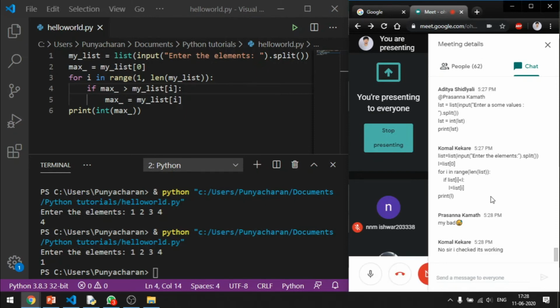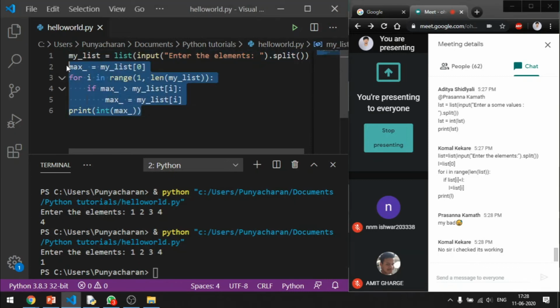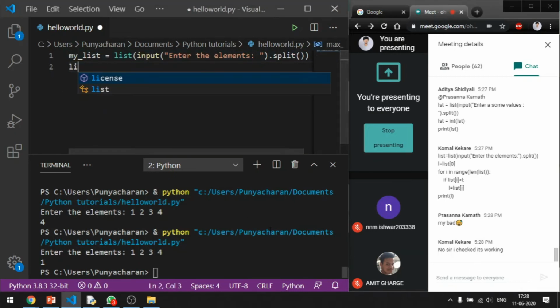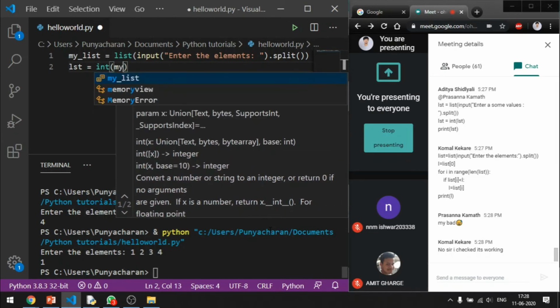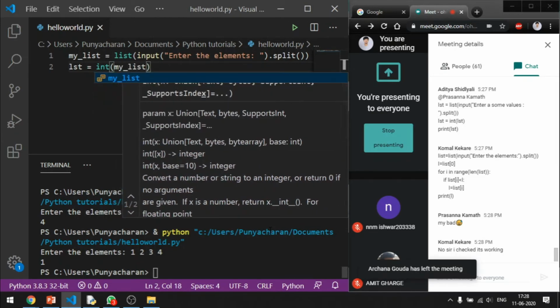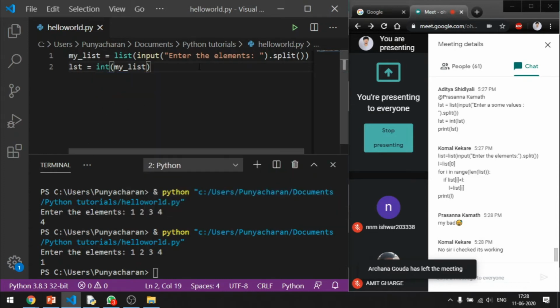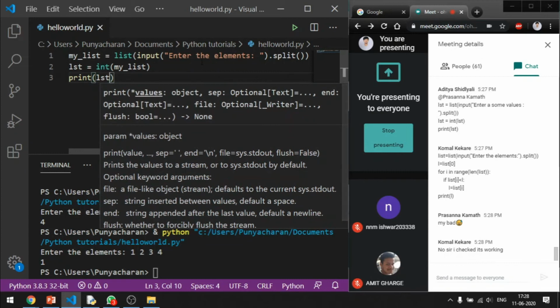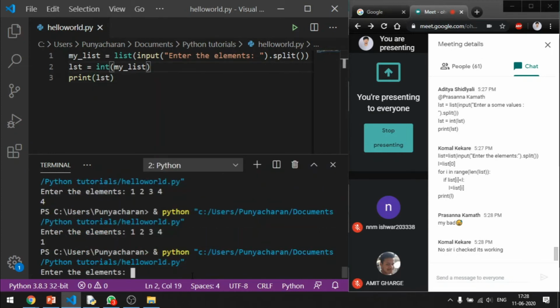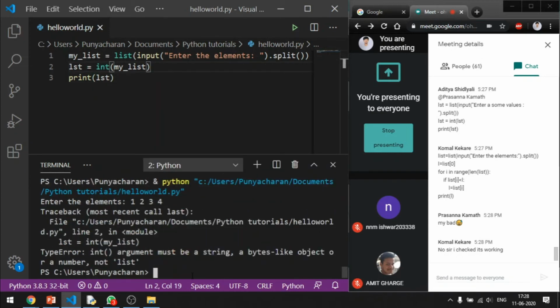Does it work? I seriously doubt this. I once tried to do this and it didn't work for me. See, it doesn't work.